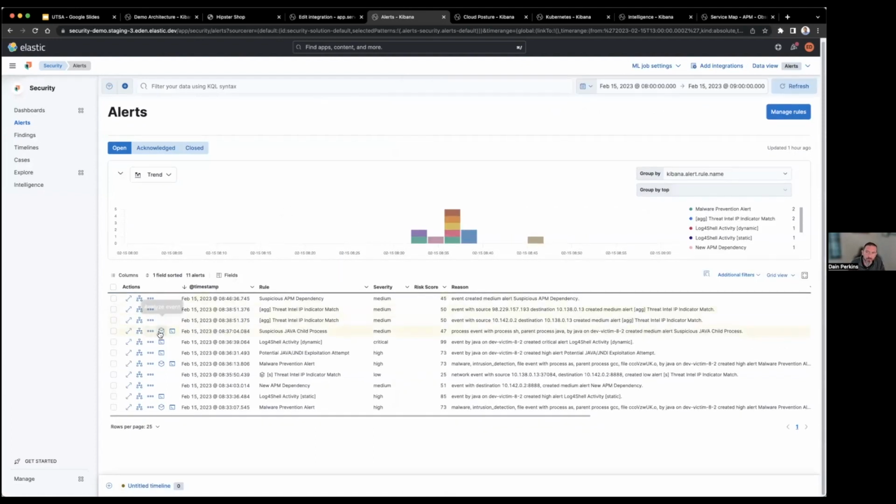Additionally, we'll take a look at the suspicious Java child process. I've got, again, the investigate and timeline, which we just saw. We can also add to a case. We're going to end in 10 minutes, so I'm going to make this extremely quick so we can get to any questions if necessary. If we check our analyzer view,